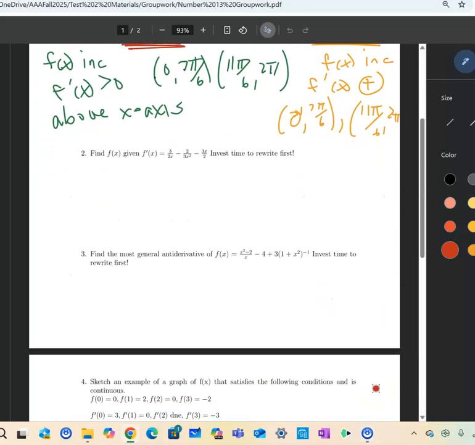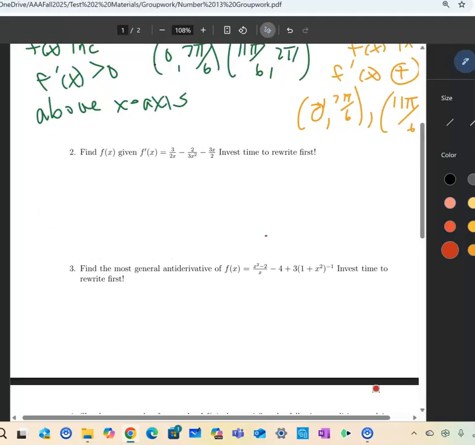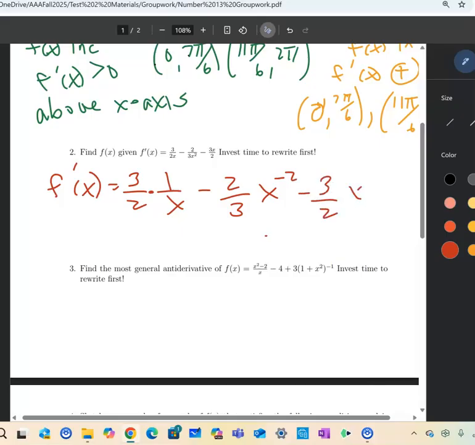Antiderivatives are really important. So if this is your derivative, I would suggest you take time to rewrite it. This is the same thing as saying 3 over 2 times 1 over x, and then this is like saying 2 over 3 x to the negative 2 minus 3 over 2x. I left this 1 over x like this because if I have f of x is 1 over x,